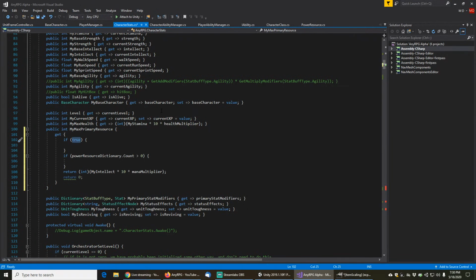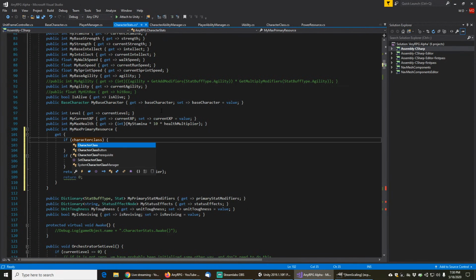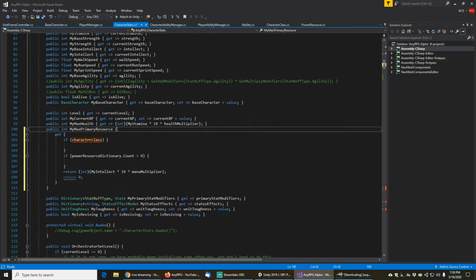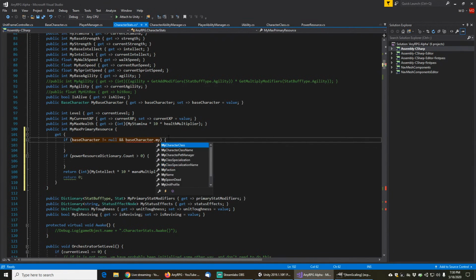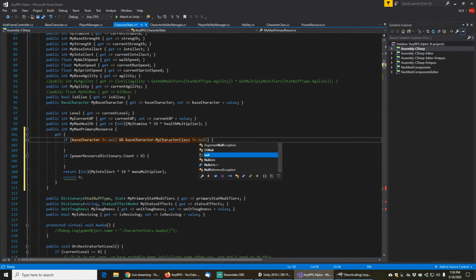So if, and I don't know if we even have a reference to that. We do actually. If base character does not equal null and base character dot my character class does not equal null,